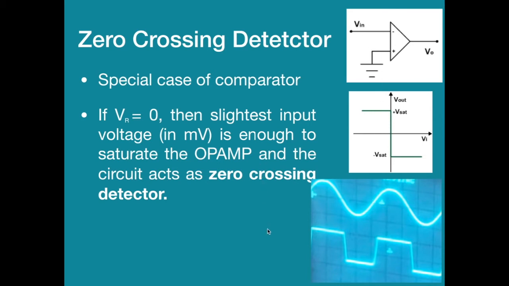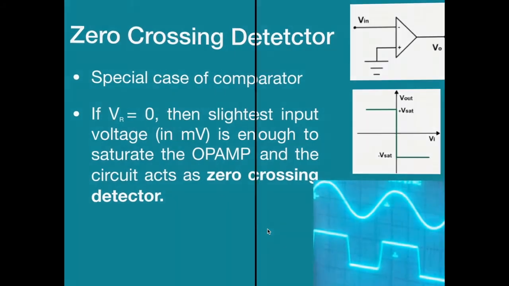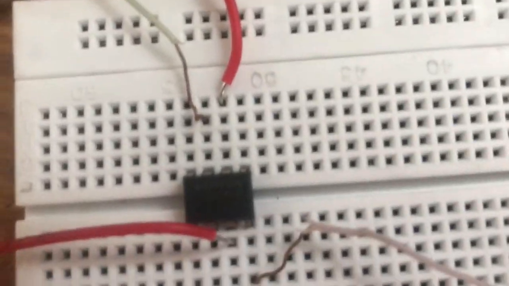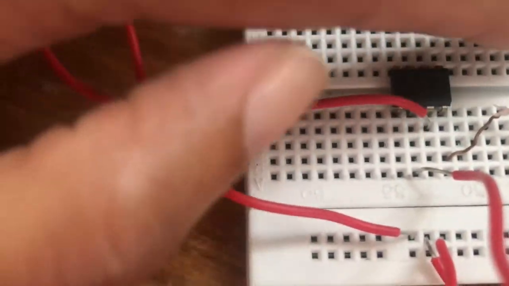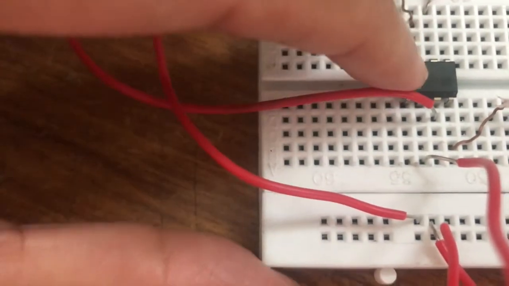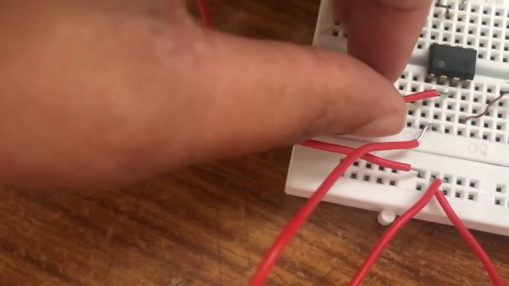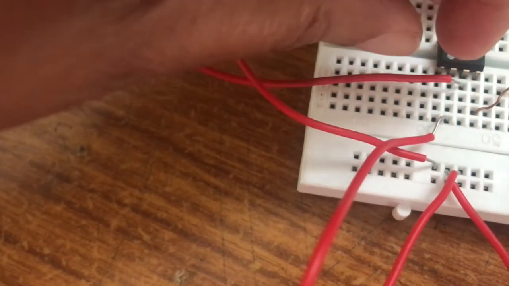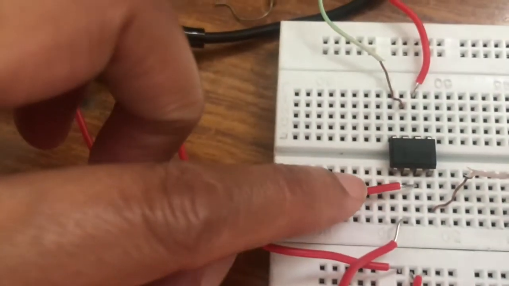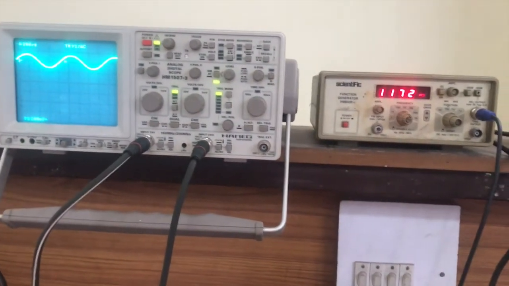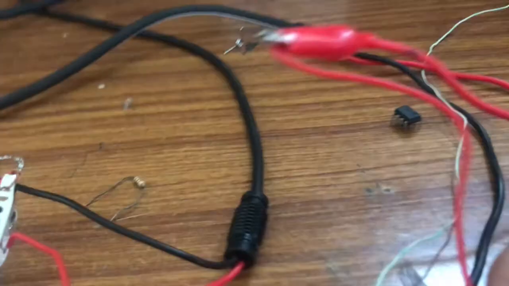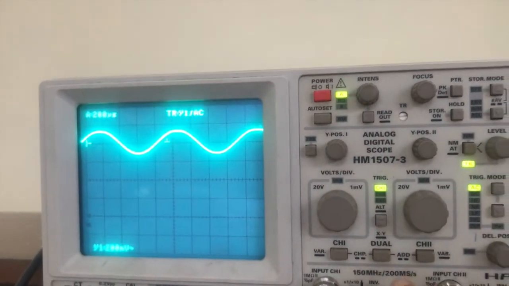Let's see the experiment which we have done in the lab for zero crossing detector. This is the zero crossing detector circuit here, in which the non-inverting end, that is pin number 3, is connected to sinusoidal input, function generator input, and pin number 2, that is the inverting end, is connected to ground level. This is sinusoidal input connected here, and now we will observe here, this is the input applied and this is the power supply at 5 volts. Checking the output, output is connected to the second channel.